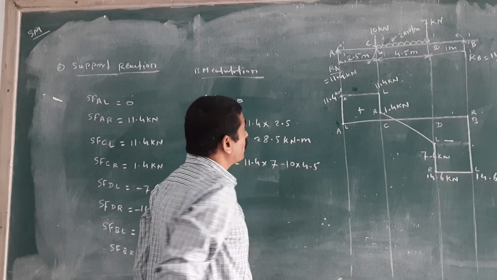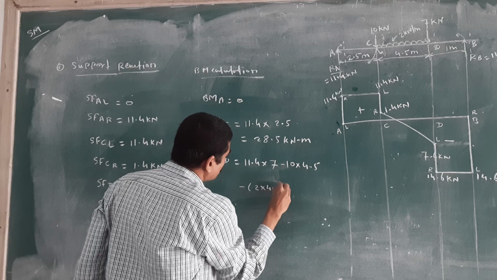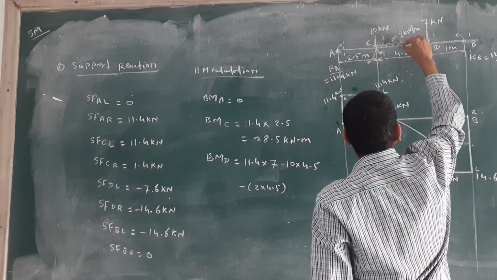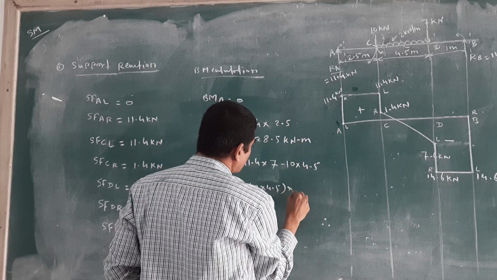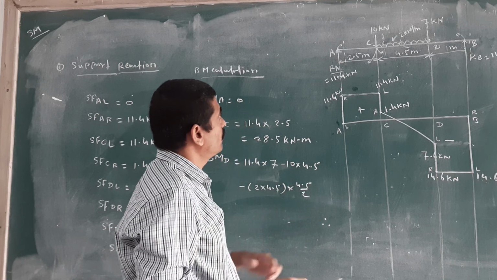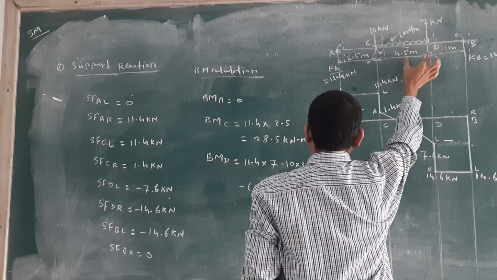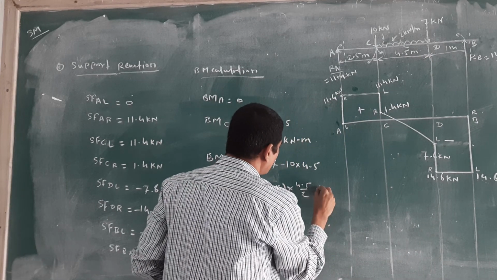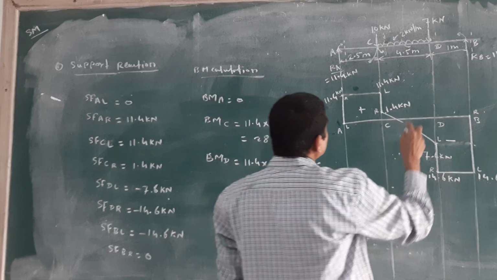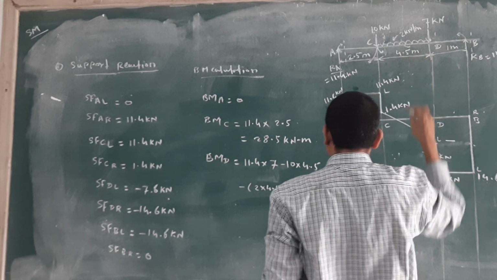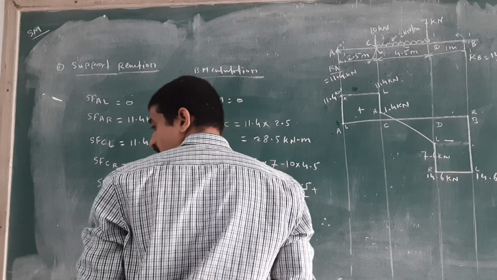Okay, 4.5 is there. One more load is there in between C to D. How much load is that? This one minus 2 into what? 4.5 load is there. Because again this load is going anti-clockwise direction from C to D. Okay, 2 into 4.5. Okay, where is that? 4.5 divided by 2. Okay, means at the CG of that C and D, 4.5 divided by 2. Okay, then how much distance is remaining? Check that. We are traveling for which direction? Plus 4.5 divided by 2 plus what? Half distance of that. Again 4.5 divided by